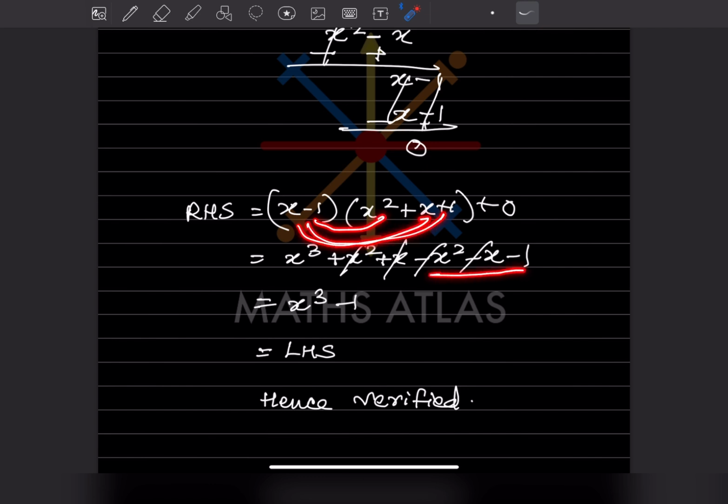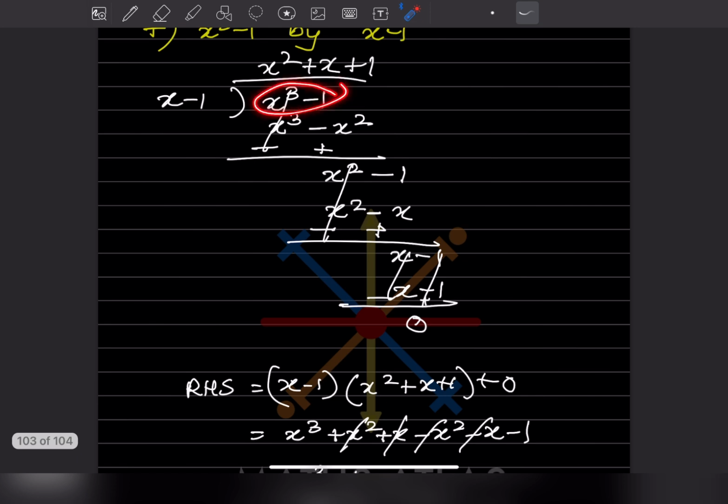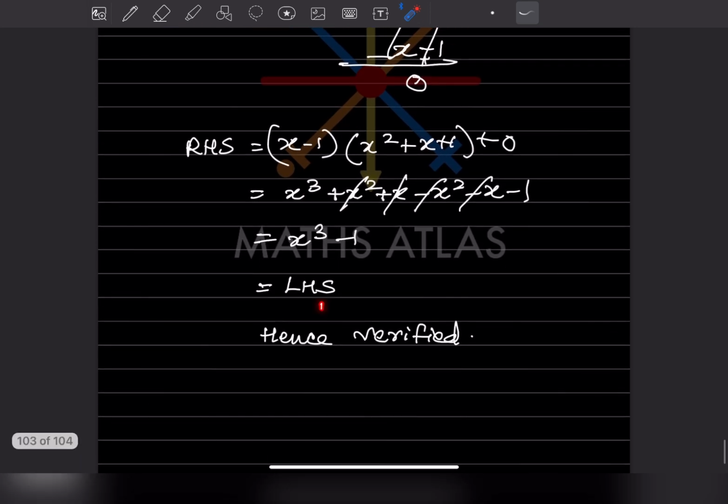So this minus x square minus x minus 1. So here x cube is here. Plus x square minus x square gets cancelled. Plus x minus x gets cancelled. Then this is minus 1. So this will be x cube, and this is minus 1. And which is same as this dividend. So this is the dividend. So that is LHS. So hence it is